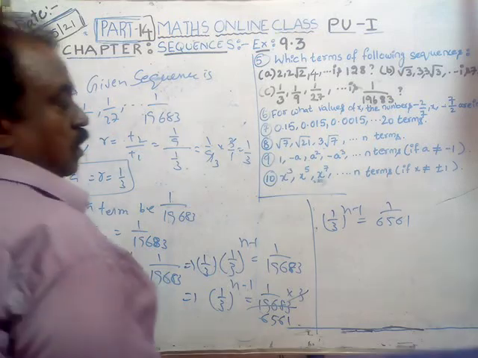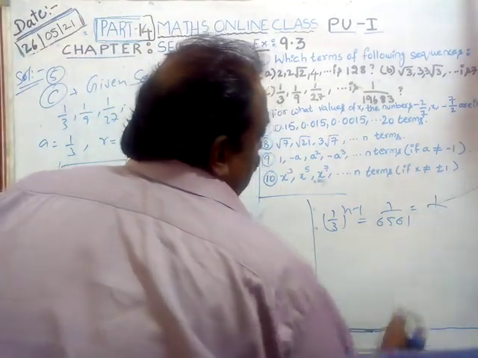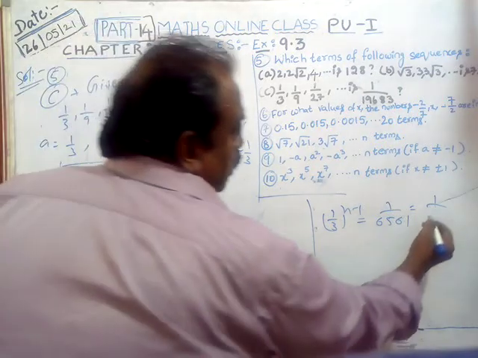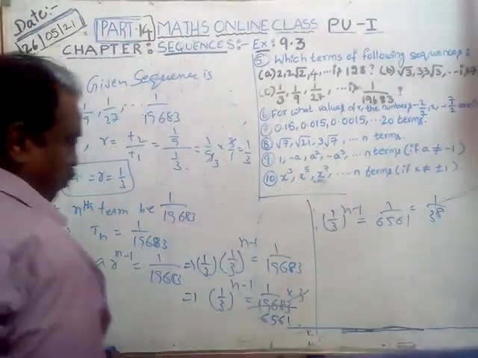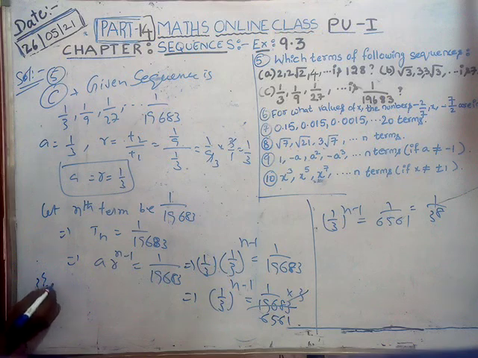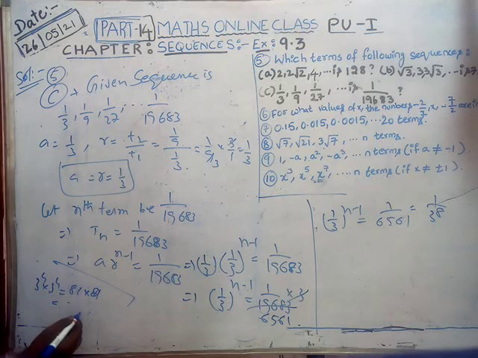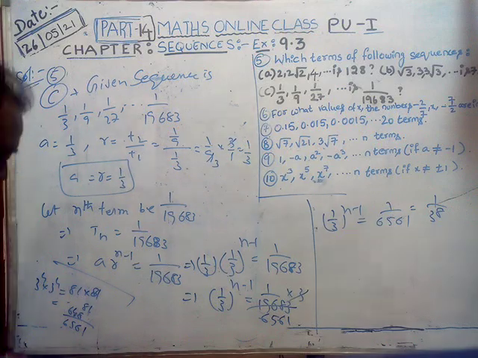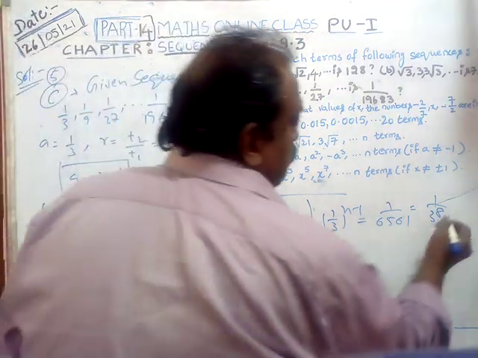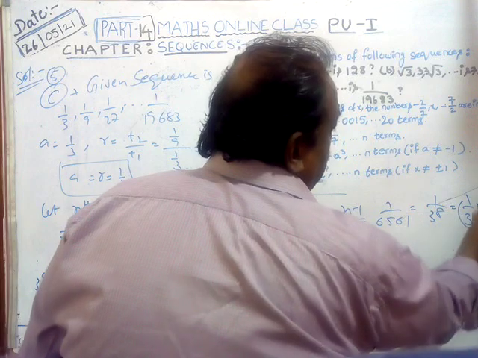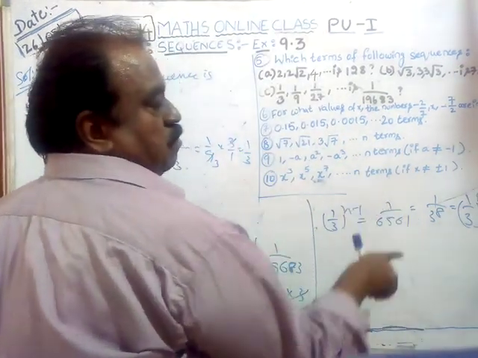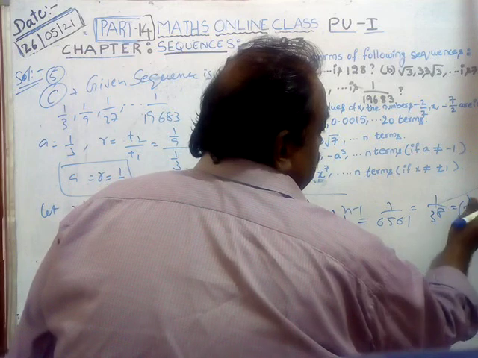Okay? Right. Here it is 1 by how much? We will see. It is 3 power 8. Just before we solve, 3 power 4 into 3 power 4 is 81 into 81. Just we solved. That is 6,561. So it is 3 power 8. That is 1 by 3 whole power 8. We can write it as 1 by 3 whole power 8.